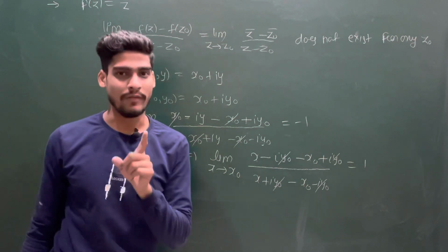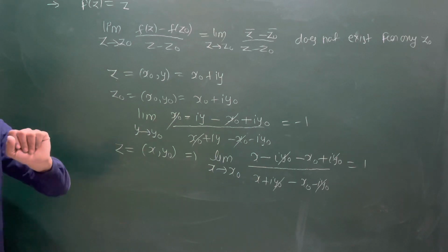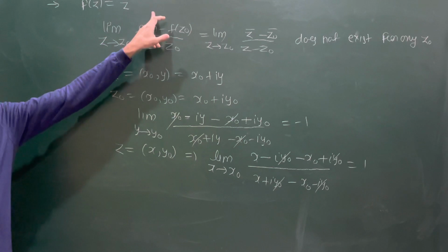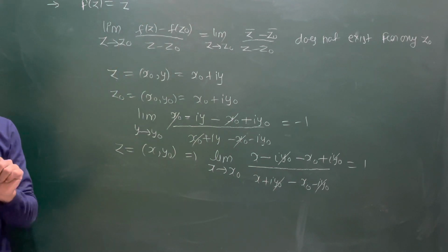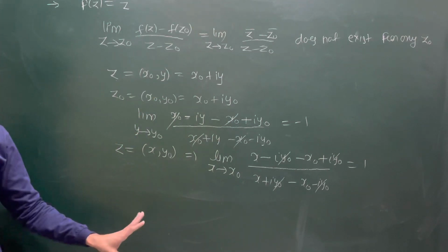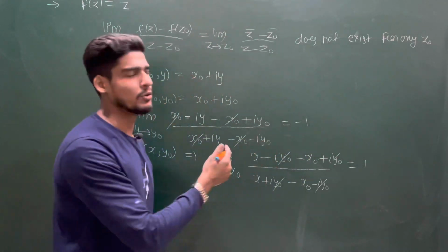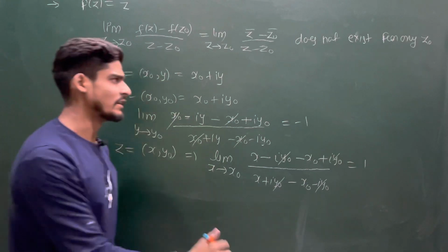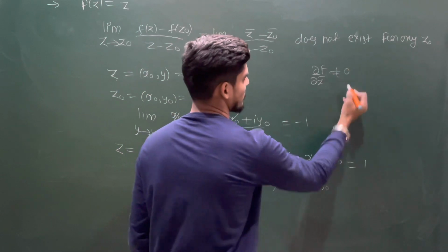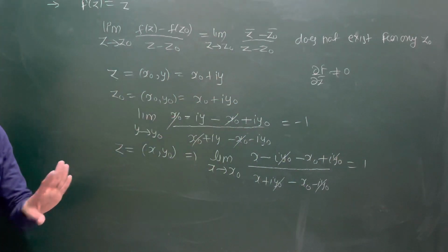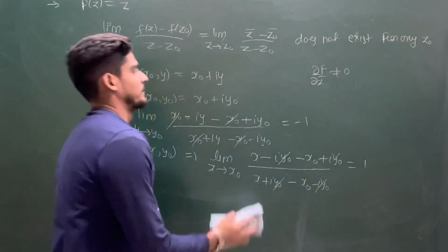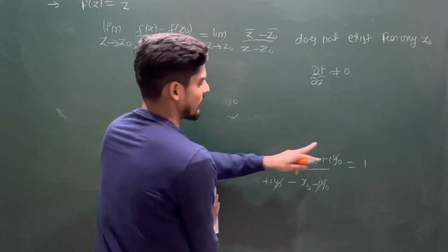In further lectures I will give you another criteria for the differentiability and analyticity. If your function is in the form of z and z bar, if you partially differentiate your function with respect to z bar, and if you are not getting 0, your function is not differentiable. I will simply claim that in the next 2 or 3 lectures I will give you a way. If your del f over del z bar is non-zero, then your function is not differentiable, just a simple way. This is a very strong condition.